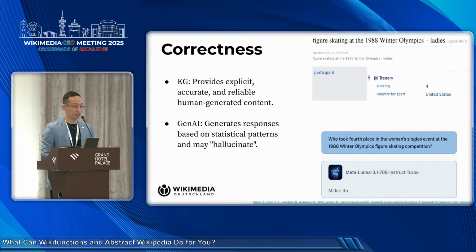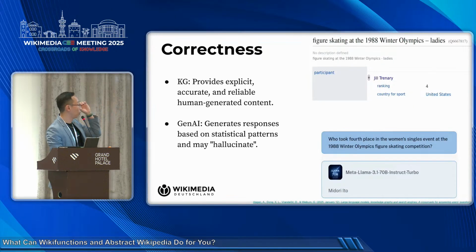Gen AI versus knowledge graphs. Correctness. Knowledge graphs provide explicit, accurate, and reliable human-generated content, whereas Gen AI generates responses based on statistical patterns and may hallucinate. In this example, a snapshot that we have here,